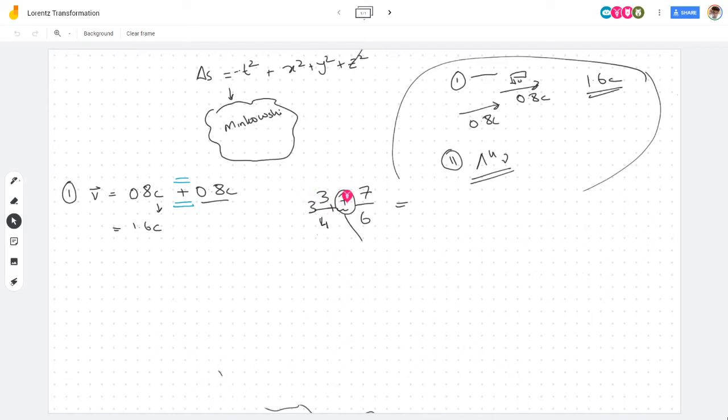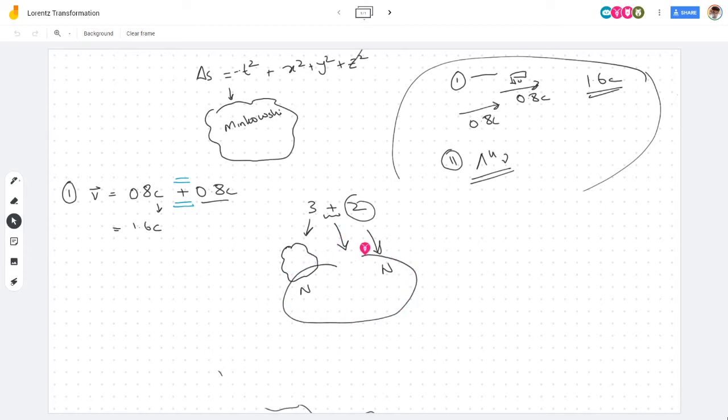let's say 3 plus 2, you say that 3 belongs to a set of numbers, let's say natural numbers for now. 2 also belongs to natural numbers. It could belong to other things, but this plus is defined on the space of natural numbers. Same way, when you have 3 by 4 plus 7 by 6, this doesn't belong to the natural numbers anymore. It belongs to the rational numbers. I forgot the letter. I think it's Q. This also belongs to the rational numbers, and the plus now is defined in the space of all rational numbers,